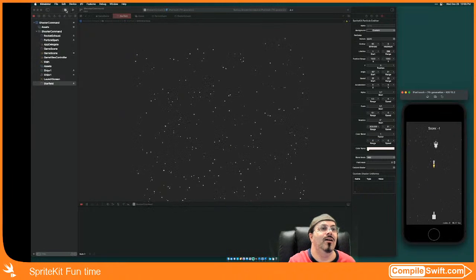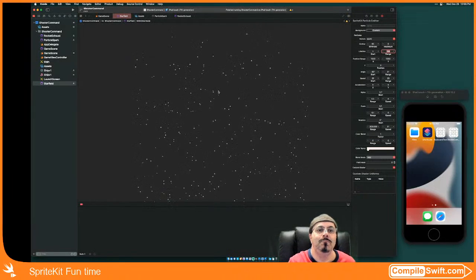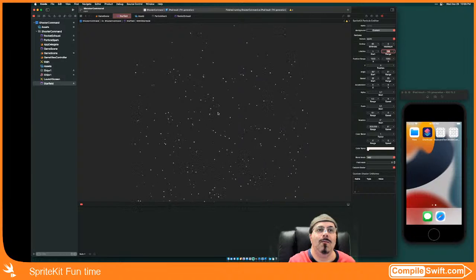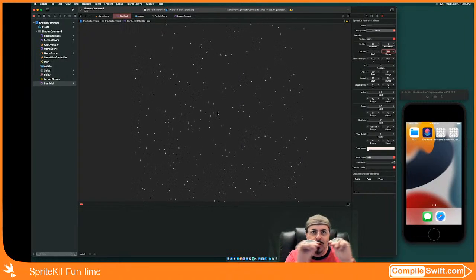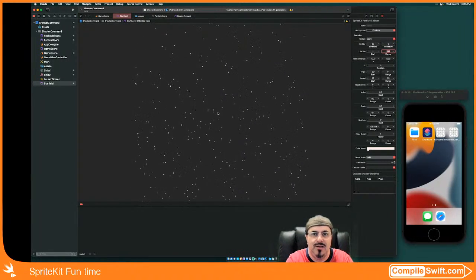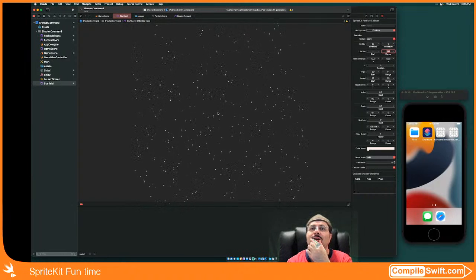Now, the other thing I think that's throwing it off, we kind of need them all to generate at the top of the screen. We don't want them generating in the middle of the screen. And I wonder if that's